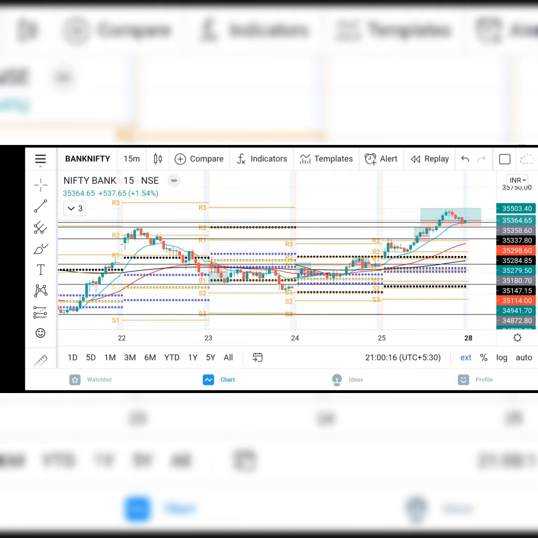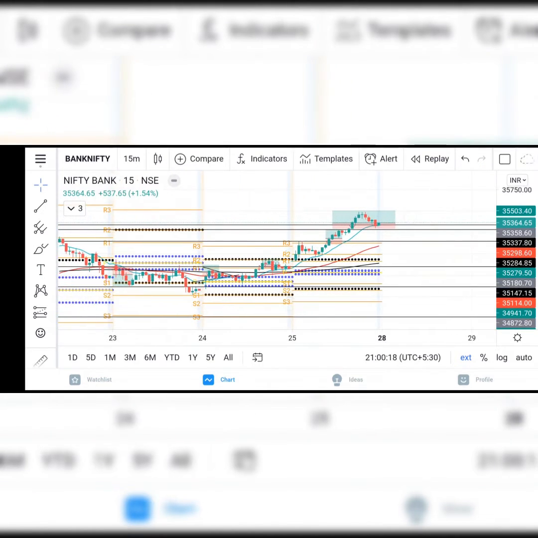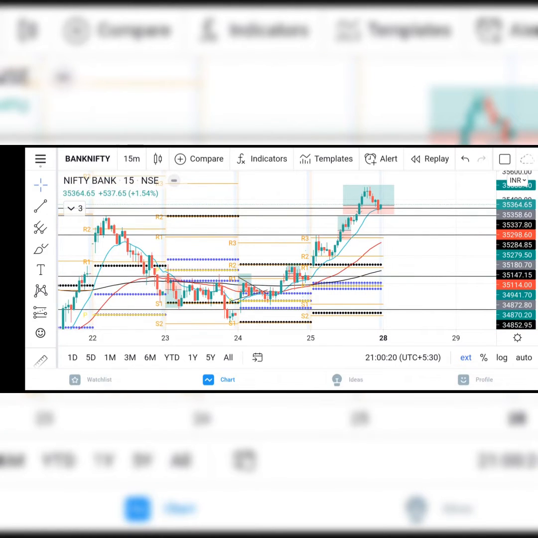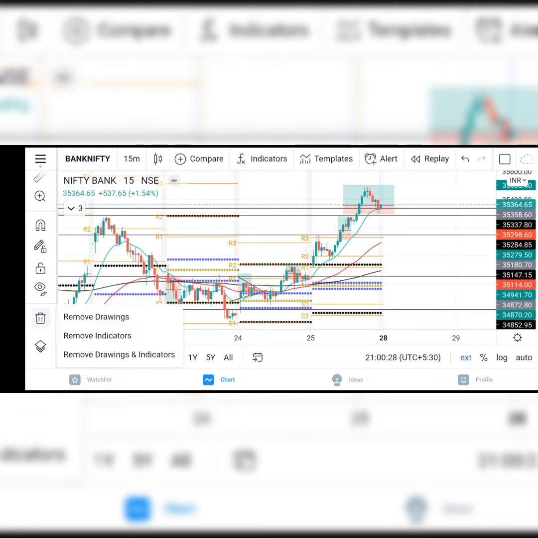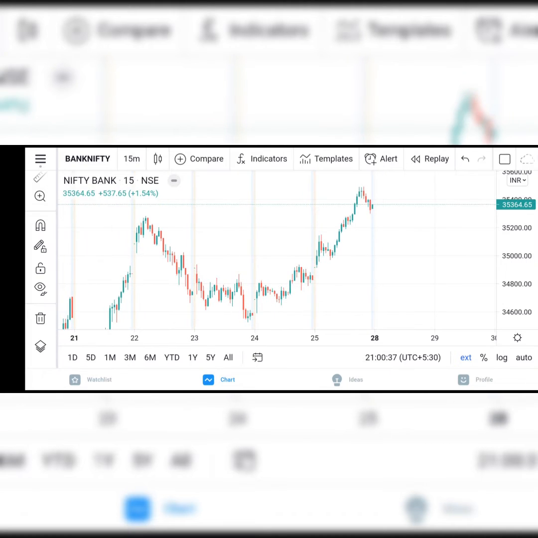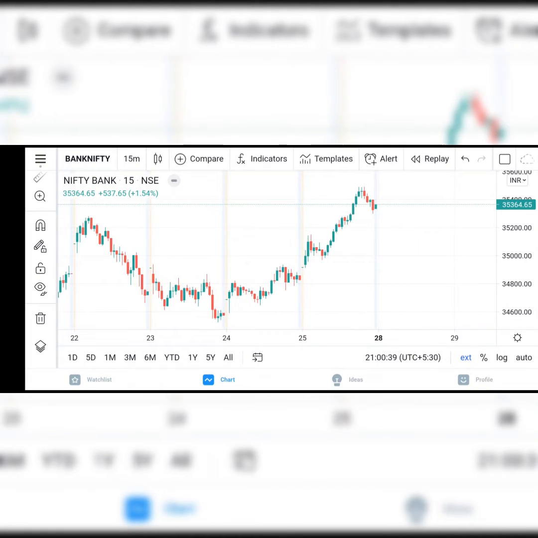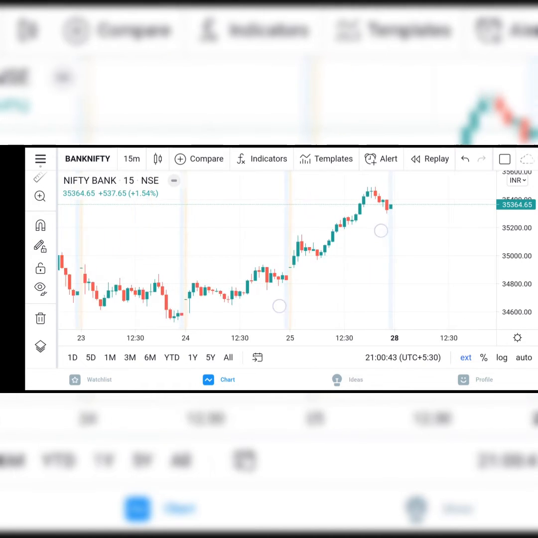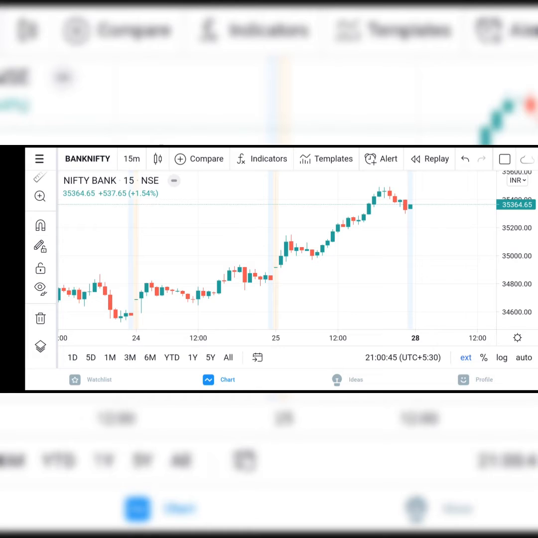So as you can see, I have opened the chart. You might be wondering what all these lines are, and these so many green and red candles, what they represent. I will let you know, don't worry about it. First let me remove all the drawings and indicators so it will look cleaner. Now the chart is cleaner and you might be feeling a little more comfortable. There is much less to learn about it. So let us first talk about these things.